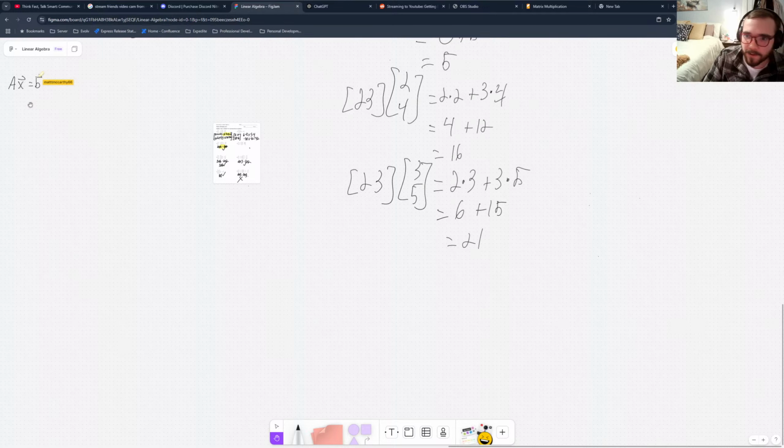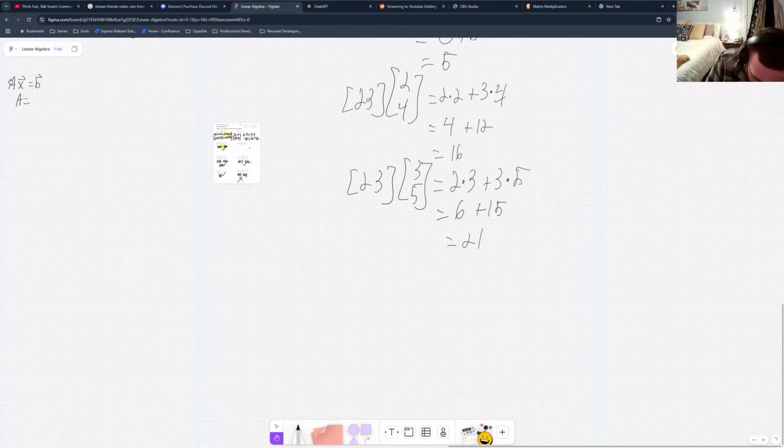So A here just represents a matrix of all of the coefficients of the variables, right? So in this problem, A is equal to